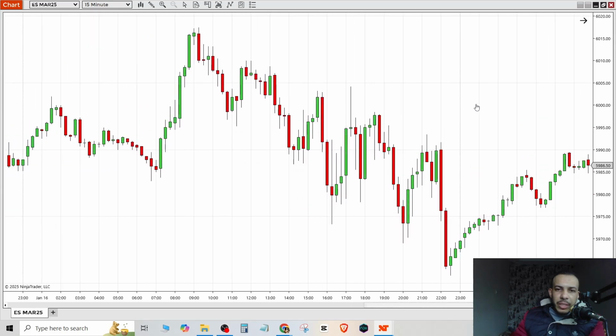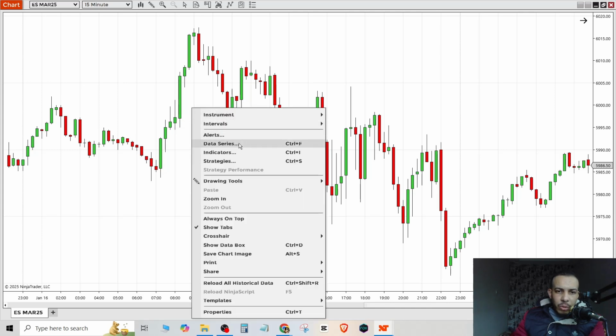First of all, open NinjaTrader. And as you can see here, we have the color green for the bullish candles and red for the bearish candles. To change them, right click, go to data series